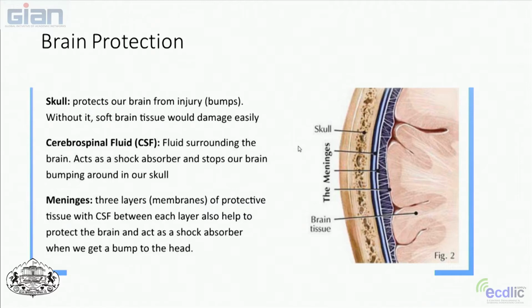The meninges is also rich with blood vessels that help to feed the brain. And I don't know if you've ever heard of the blood-brain barrier, but the meninges contain this blood, and they only let certain chemicals pass into the brain and keep other chemicals out of the brain. And of course, lastly is the skull, which is your big hard noggin part of your head. It protects our brain from injuries and bumps. Without it, the brain and the soft tissue would be damaged very easily. So you can see we have quite an elaborate protection system for the brain.